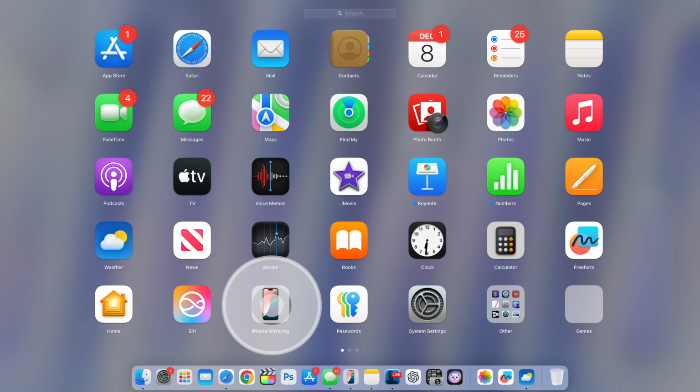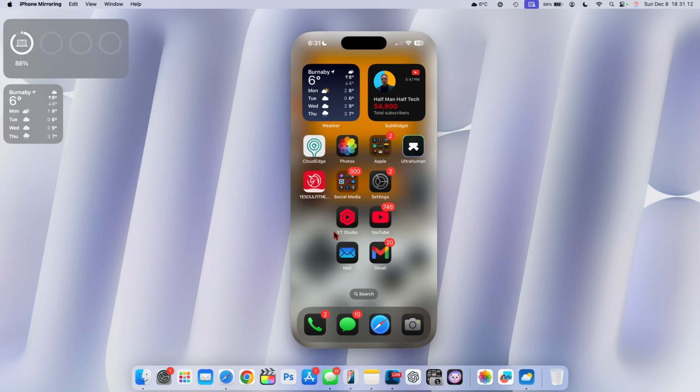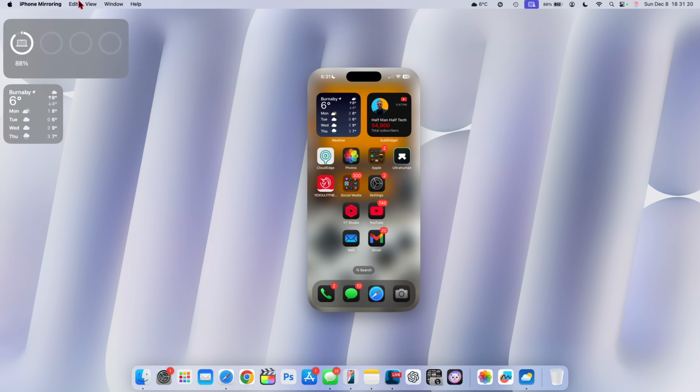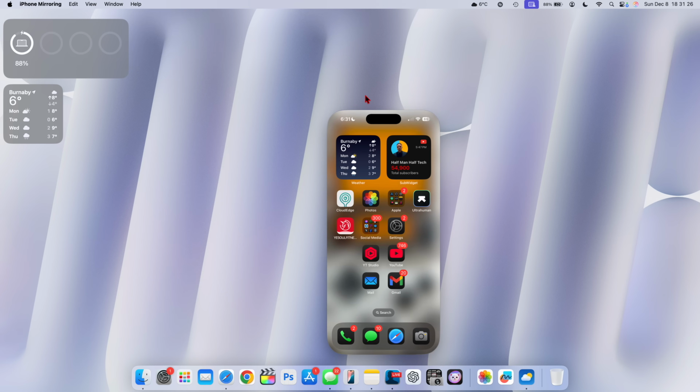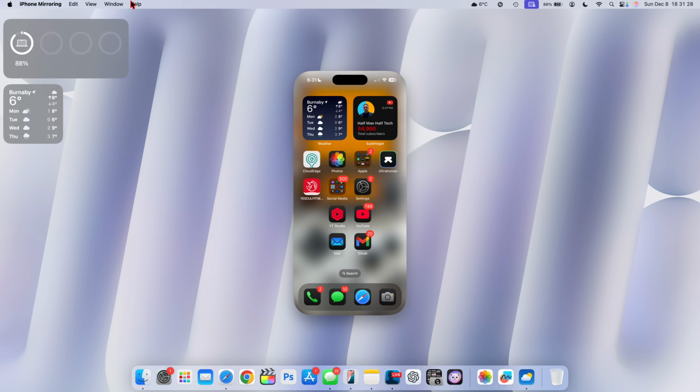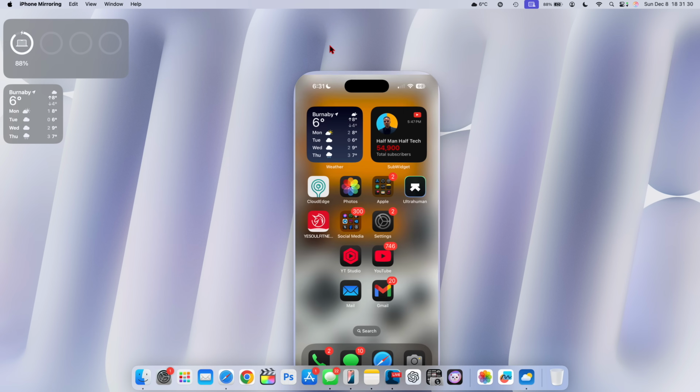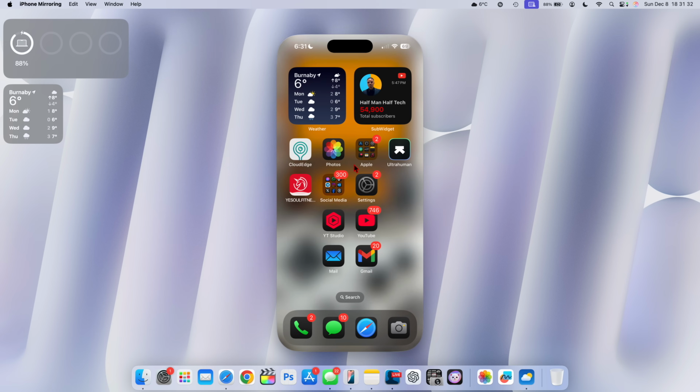iPhone mirroring has also been improved with this update. When you open it, it now gives you the ability to switch the size, which for me was inactive. I can say actual size, or I can choose smaller size. Before, this was actually non-existent, but now I have the ability to do this. And if I center it right there and then select the larger view, I have a good update for you,